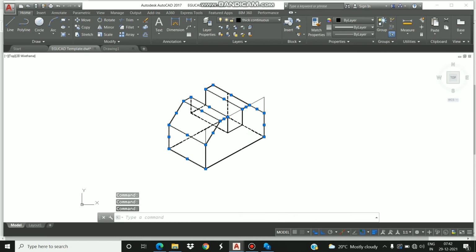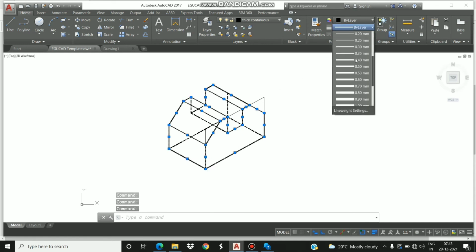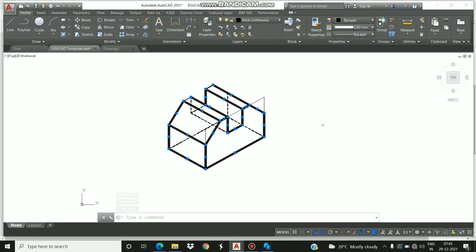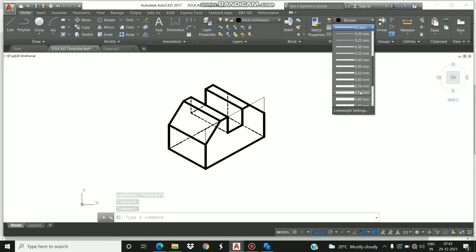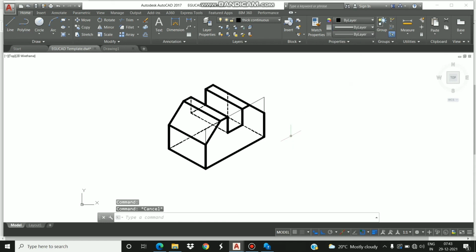These lines left, select them and change the thickness to 0.80.